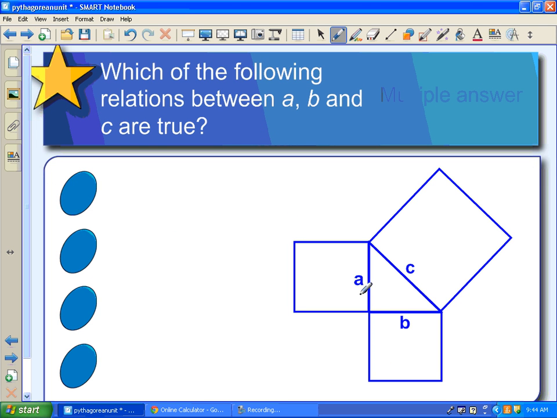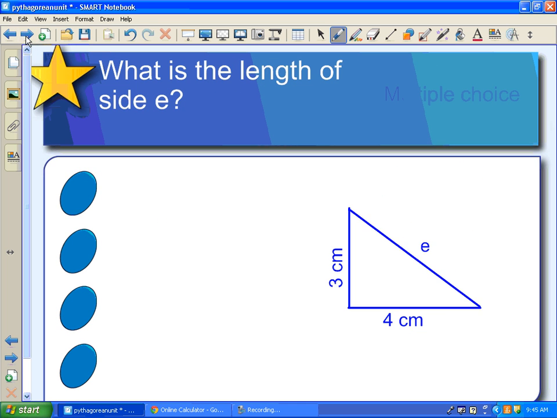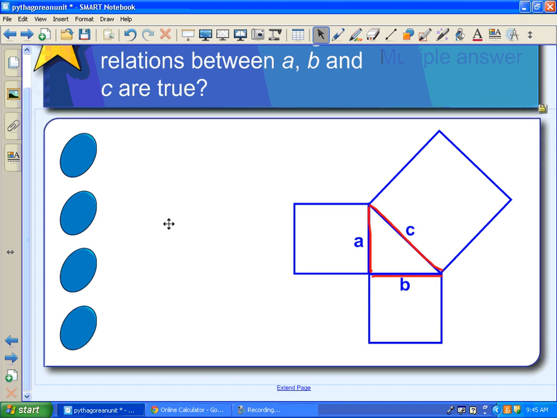So, looking at this one here, this is A, this is B, and this is C. Which of the following relations between A, B, and C are true? Looking at this one, is it A squared plus B squared equals C squared? Or we could say C squared equals A squared plus B squared. So whatever way you put your formula,